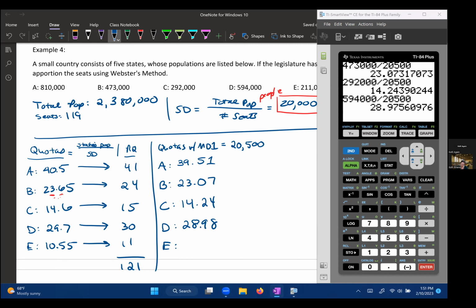That's going to go up to 29. And state E, that was 211,000 divided by 20,500. All right, and that is